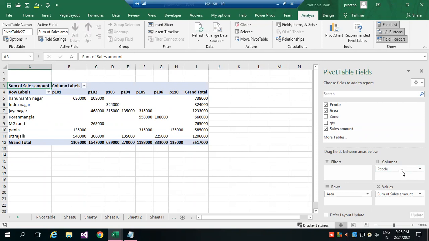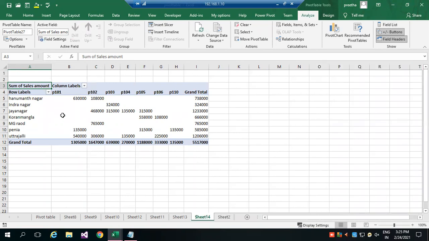Okay, it's a basic representation of products under each area. What is the sales? How much sales we are getting? Okay, now from this, I just insert a slicer.